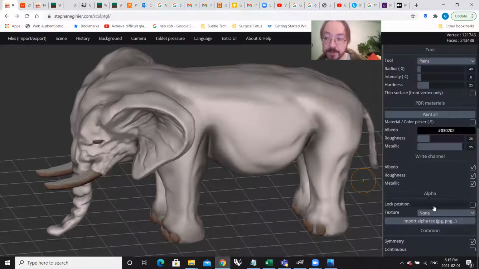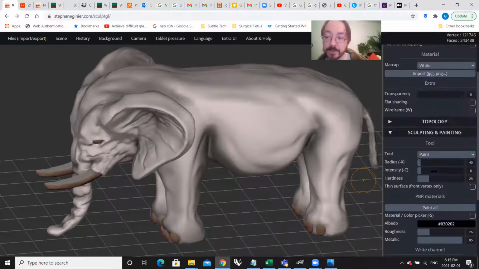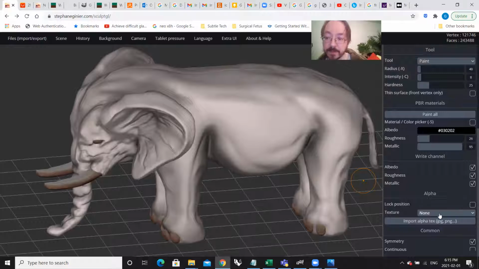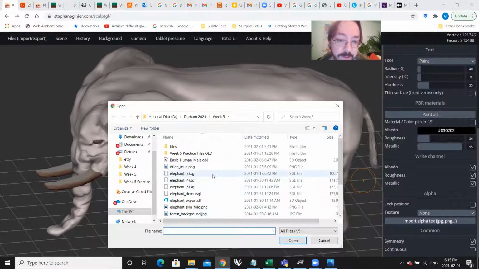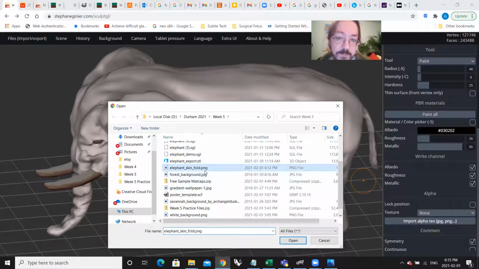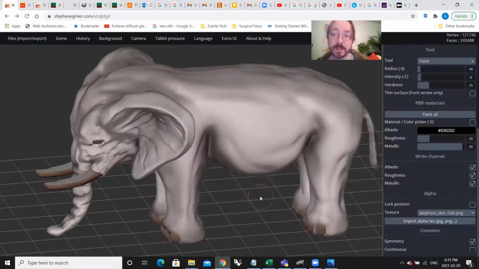So what I'm going to do is go down to alpha. I'm still on the paint tool. Go down here where it says alpha. Right here it says texture none, but I'm going to hit import. And I'm going to try that elephant skinfold.png, that alpha that's in the demo pack for this week. And the first thing that happens is,